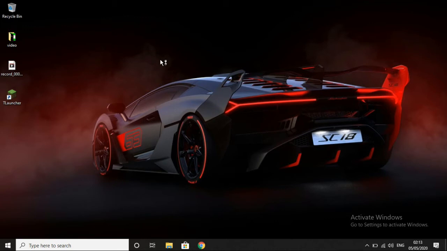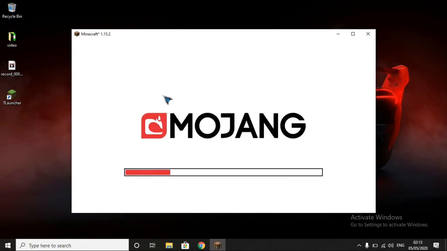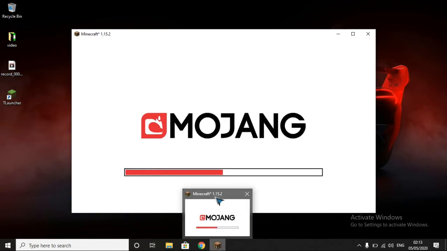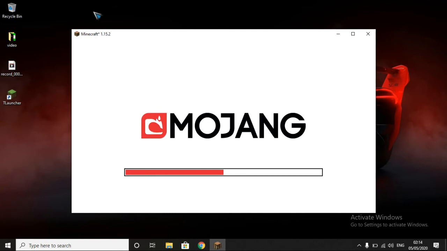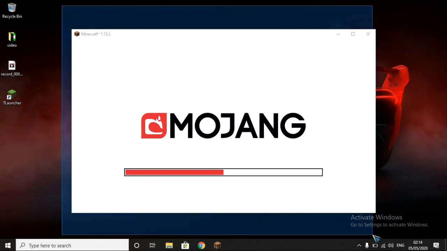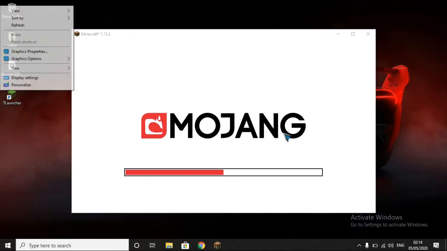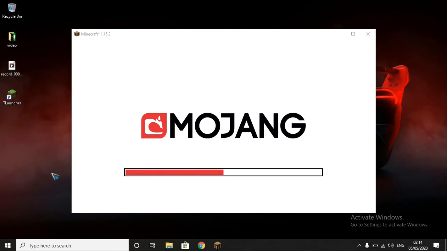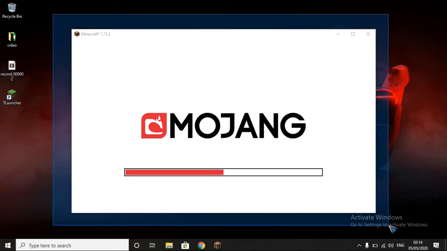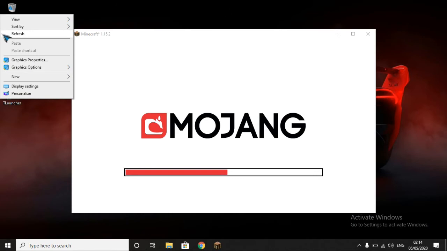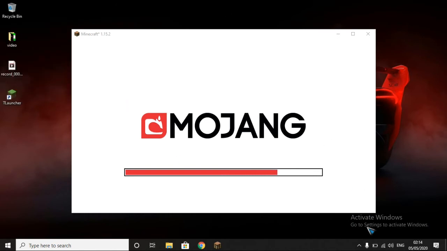So just click on enter the game and wait for some time. When you run it the first time, it will take hardly 10 to 15 seconds, but when you keep using it, it will lower down to just 5 or 6 seconds. So we will wait for it. It may take time in opening Minecraft, because when you first open things, it usually takes time even in the official ones. So wait for Minecraft to open, and I will show you.